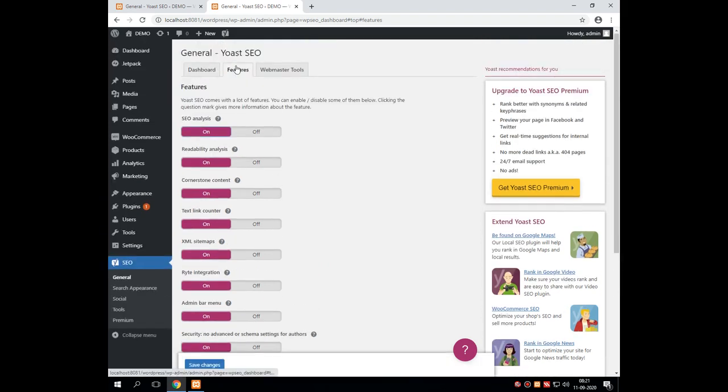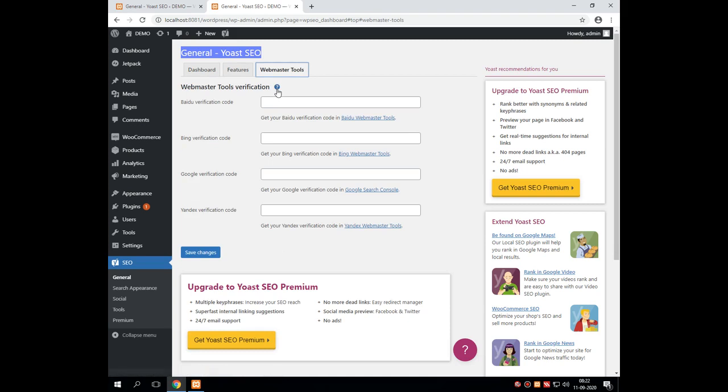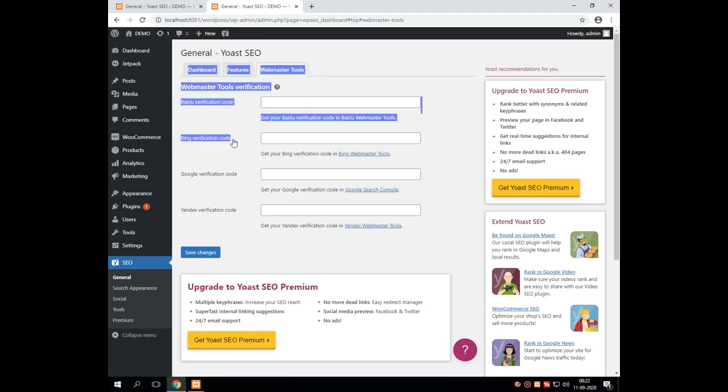So these are the features of Yoast SEO, which come under the general configuration of SEO. Last is Webmaster. Over the Webmaster, whatever code the search engine generates can be placed over here. Like you can place a code of Yandex, Google, Bing, Baidu.